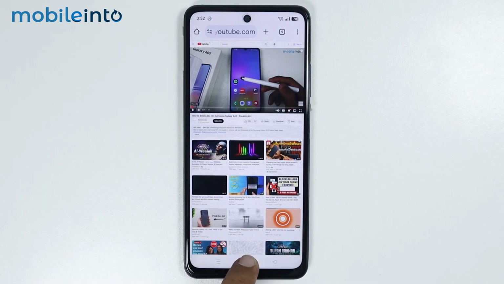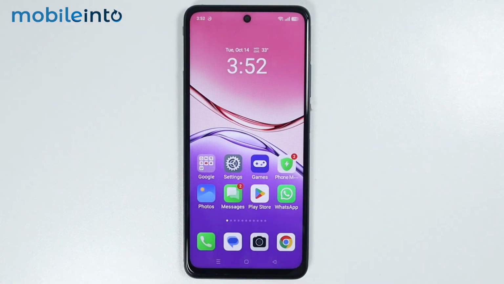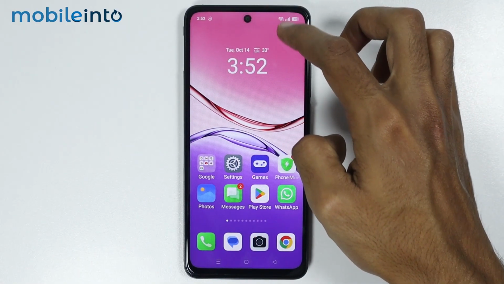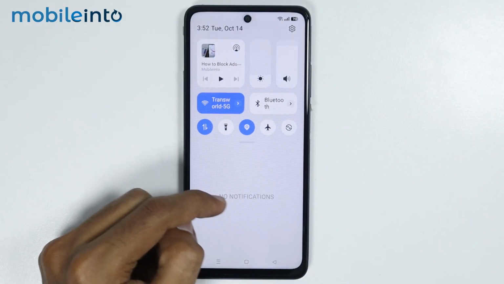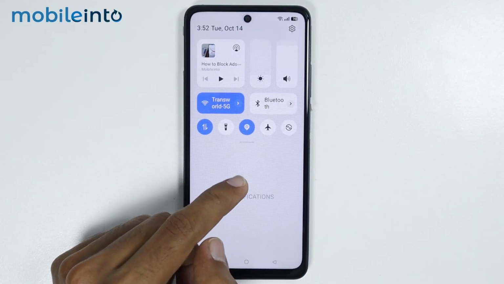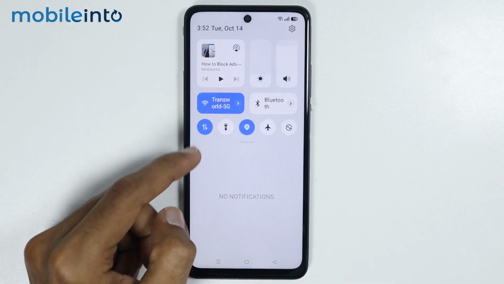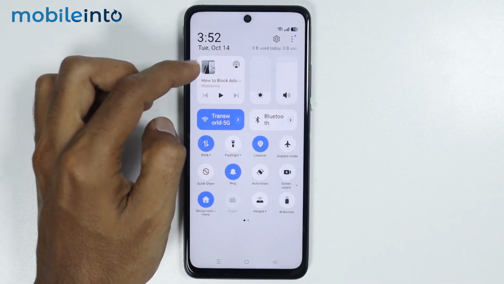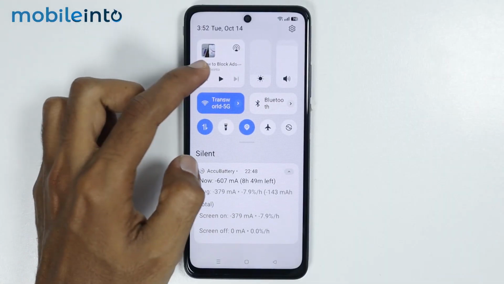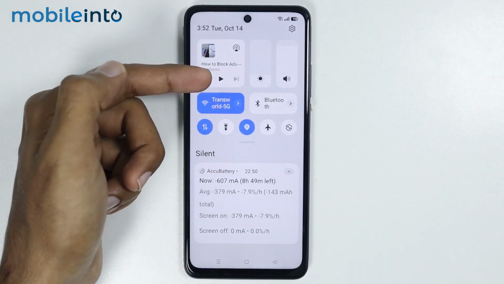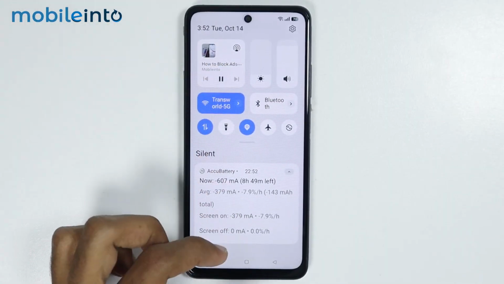And go to your home screen. And from here, if you swipe down from the top of the screen and open the control center, you will either find a notification in the notification panel, which has a play button to play the video in the background, or you will find this media player over here with the video and the play button over here. Now just tap on the play button in the notification or in this icon to play the video in the